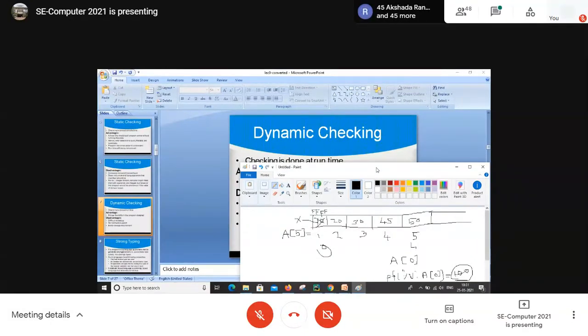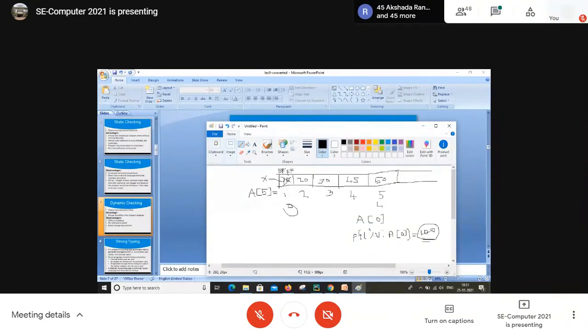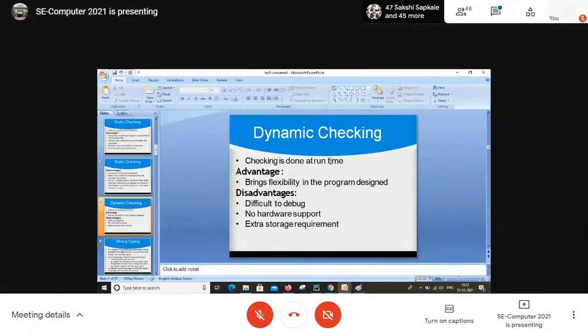So how is it processed in a compiler? We cannot deal with these addresses. So who will take care of this dynamic checking? It is the complete and sole responsibility of the compiler. Checking is done at runtime, and at runtime we cannot modify the program. So it is the responsibility of the compiler to check the vacant space and place the data accordingly. Our role is over in such a case. But if I forcefully put the data, then dynamic checking will give an error.